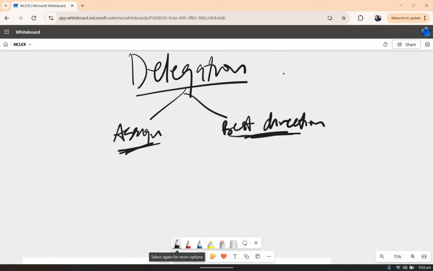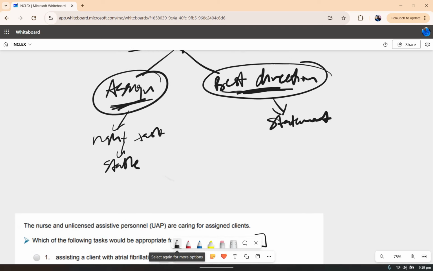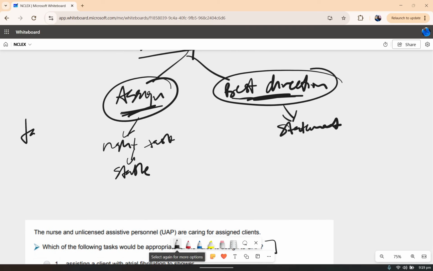Assign, best direction. Now, the way you answer assignment is different from the way you answer best direction. Best direction is testing you based on a statement, but assign is testing you based on the right task, and the patient should be what? Stable. Right. So now when you are answering an assign question, you are thinking about what? Task